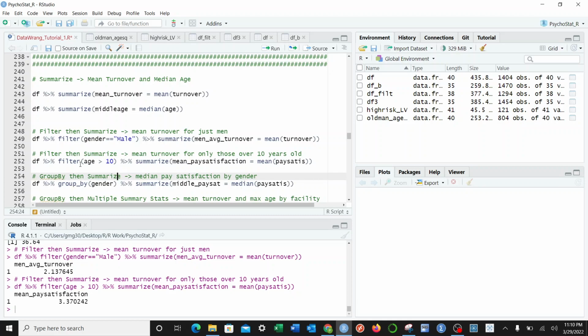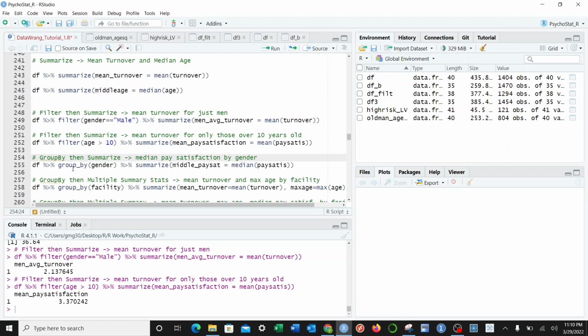Now let's talk about group by and summarize. So group by, this is really important. This is probably the most useful thing that I can think of that I'm talking about today. So this lets me group by levels of another variable and then apply some operation, which we're going to start with a summary. So I'm going to take my data frame df, I'm going to apply a group by gender,